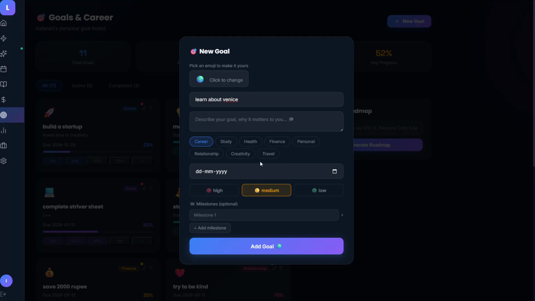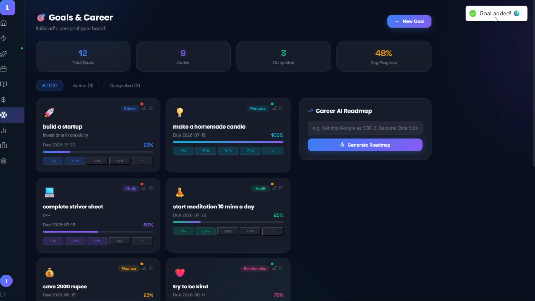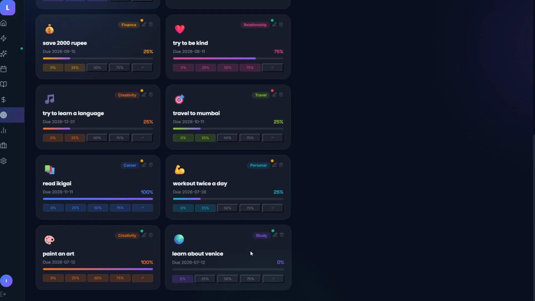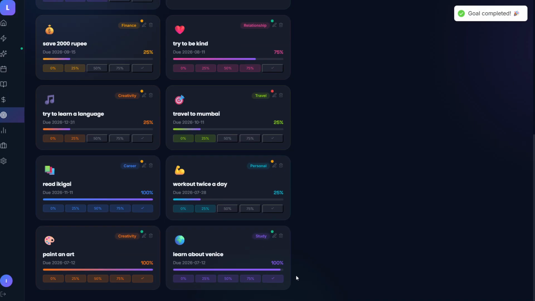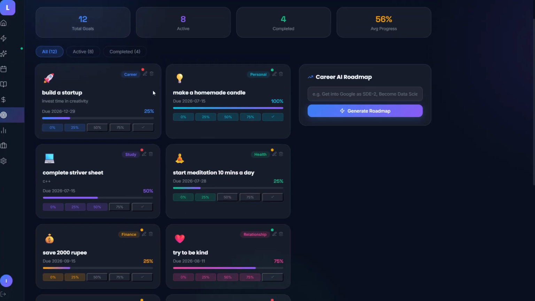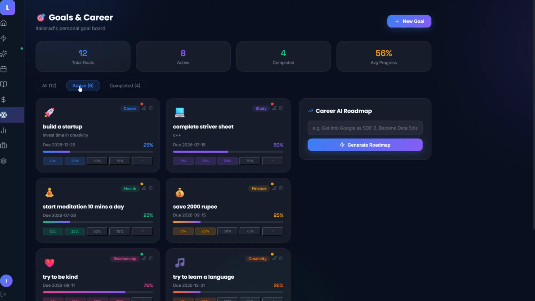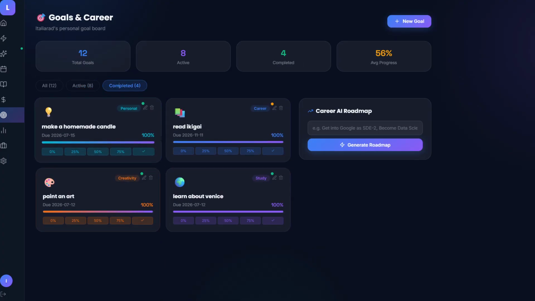This is for study purposes. Around what date, suppose 12/7/2026, and it's a medium level goal or a low level goal. So my goal is added, see here, and then here I can click on these to mark how much percent I have completed. These are the other tasks that I've added for data purposes, and here are the completed ones.